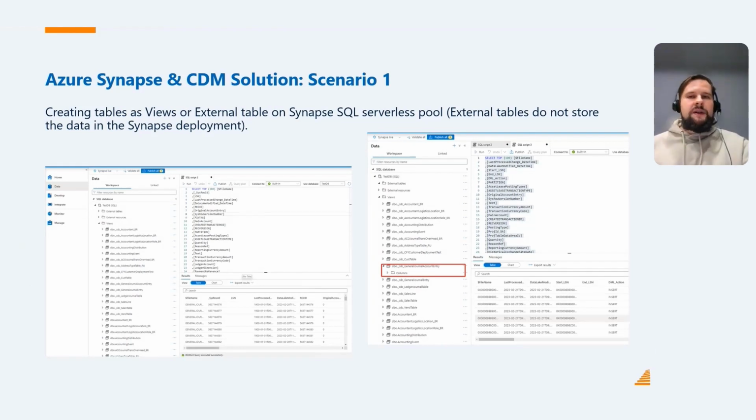And these are some screenshots, simply how it looks. So here on the left side, we have the Synapse workspace. Here you can see the definitions under this data section. If you zoom in, you can see there's CDC tables, CDC accountant, CDC accounting event, CDC cost table, CDC sales line, sales table. And then at the bottom, without the CDC, you have DBO dot sales line, sales table, and so on. These are the external view definitions that were created by Common Data Model util.